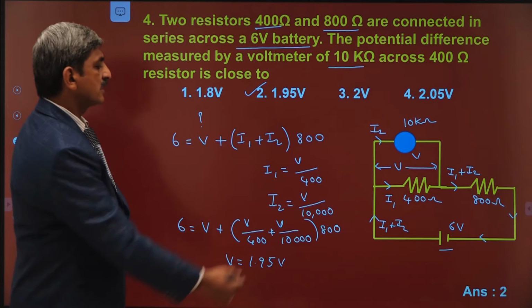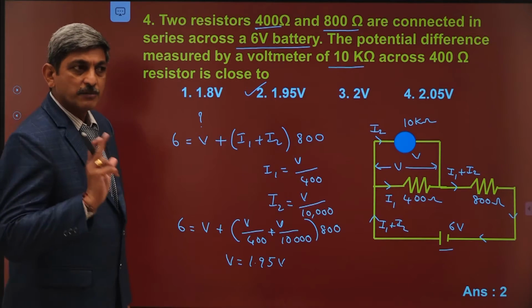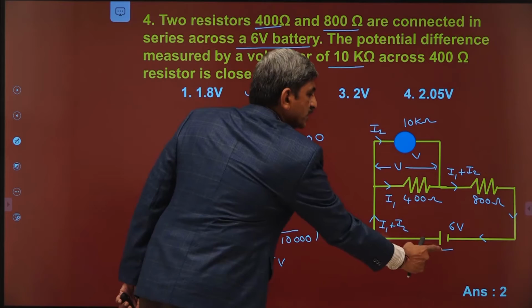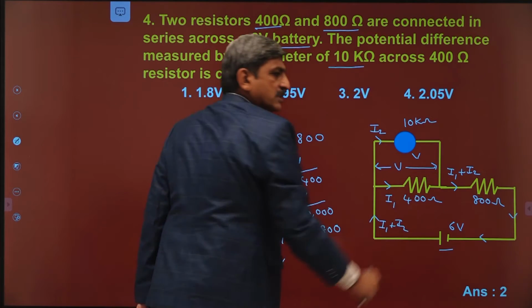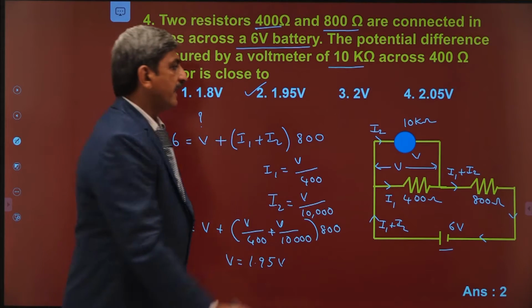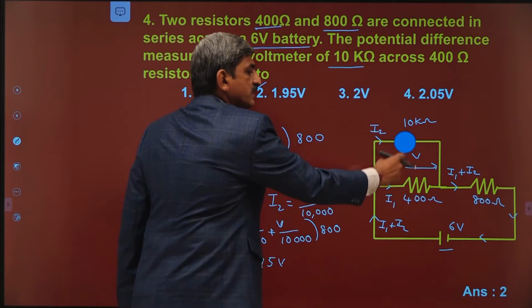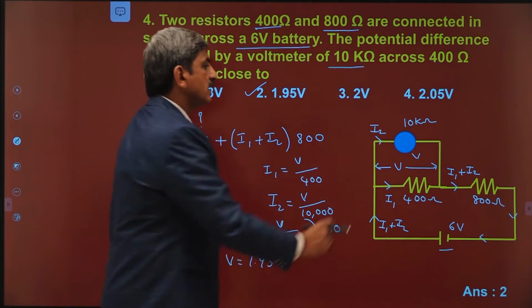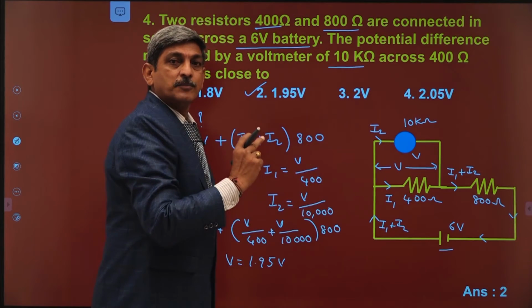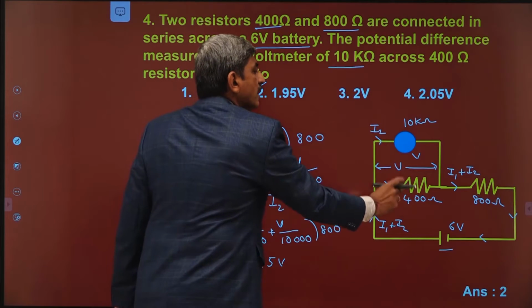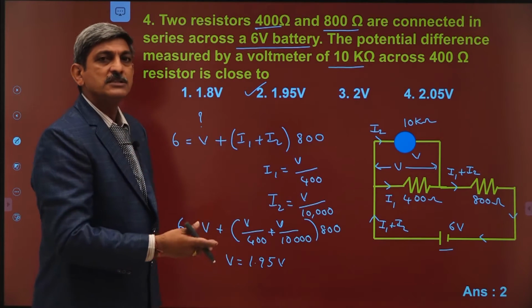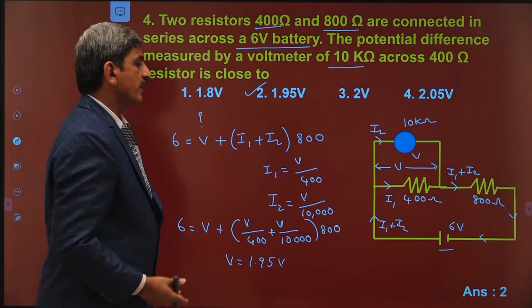Okay, so the answer is 2. In this question, remember, if the voltmeter is ideal, this entire potential is dropped across only these 2 resistors. But because of the resistance of the voltmeter, the effective resistance of this part is changed. Because of that, the reading measured by the voltmeter is equal to the potential drop across the parallel combination of these 2 resistors. This problem can also be simplified in another way.